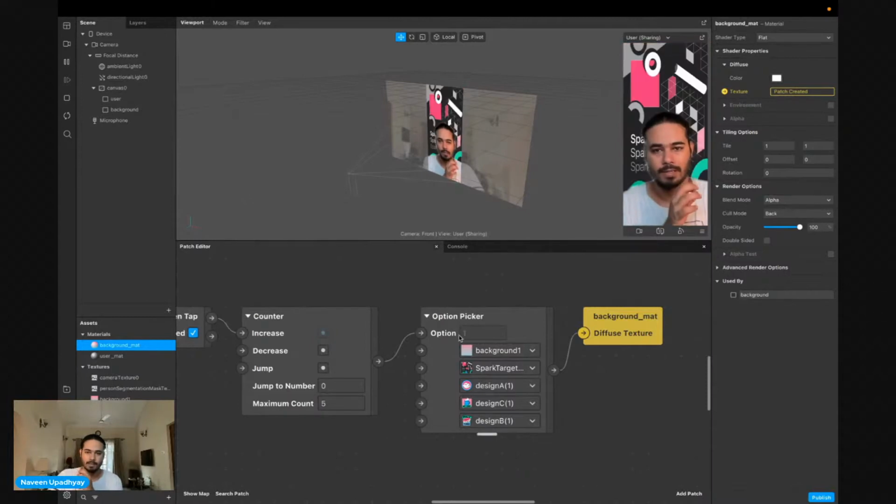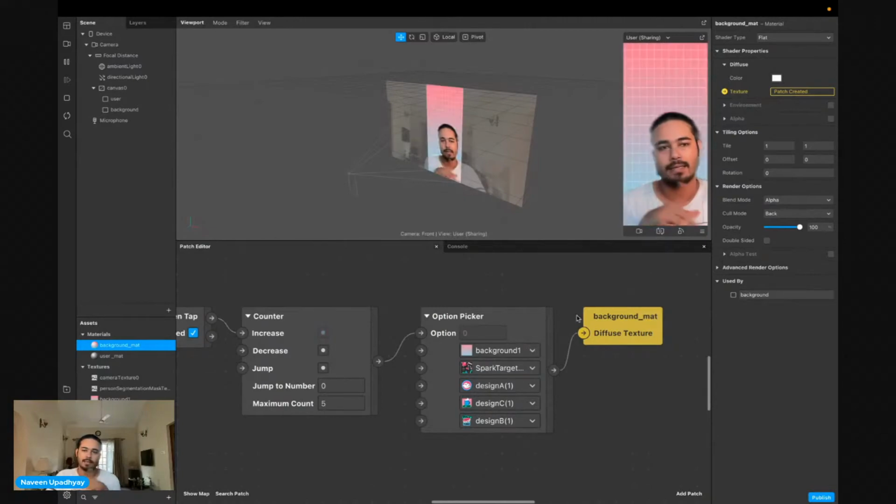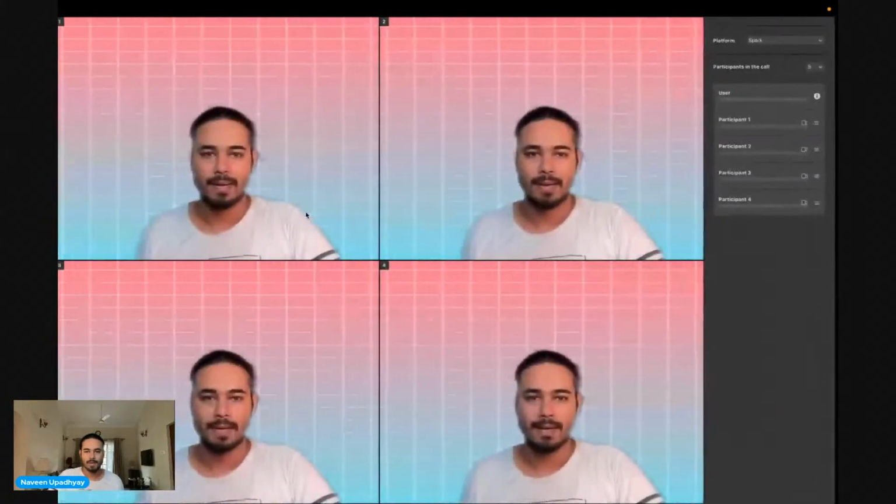If you click on here, this is number 1. If you click on 2, this is number 2, and 3 and 4, and like that. So if you click again, this is going to come back to 0. Now let's test this in our player. Is it working here or not?